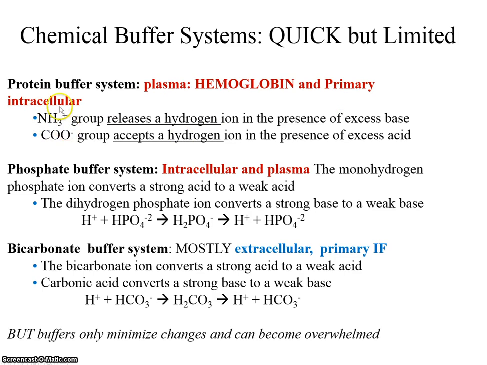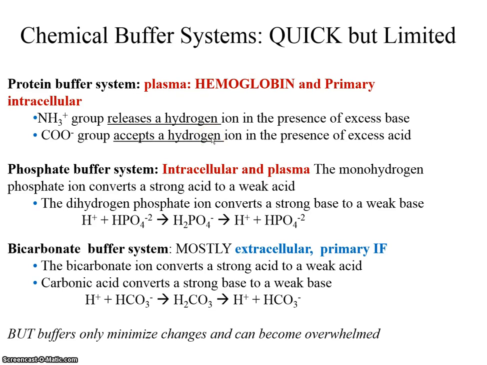I just give you the way this works. Every protein has an amino terminus and a carboxyl terminus. The amine terminus can release a hydrogen, forming an actual amine group, and it can do this in the presence of excess base. So when there's a lot of base around and you need free hydrogens, this can help. When there is an excess of acids around, the carboxyl end of every protein can accept a hydrogen ion and therefore prevent a pH change,